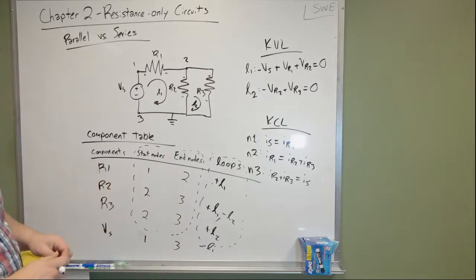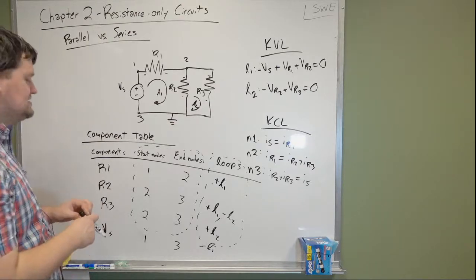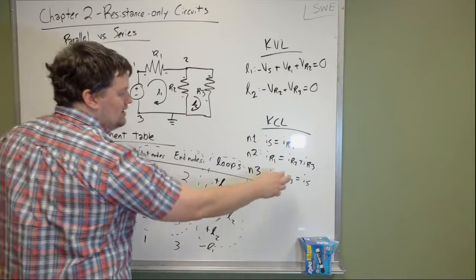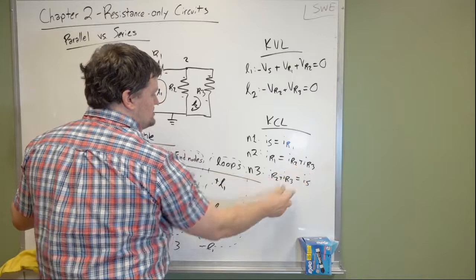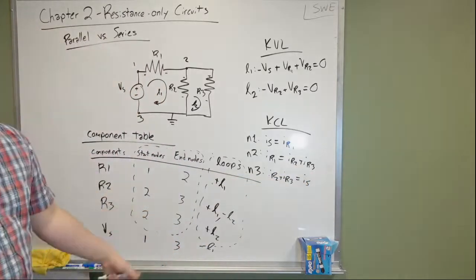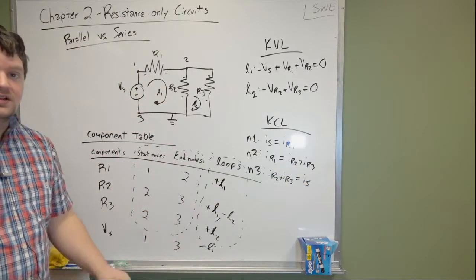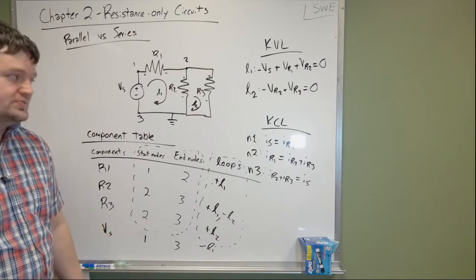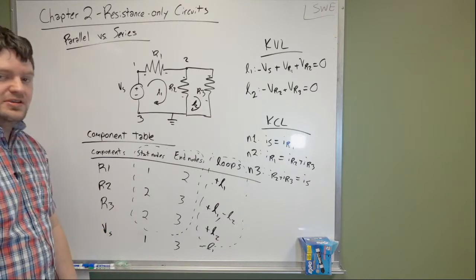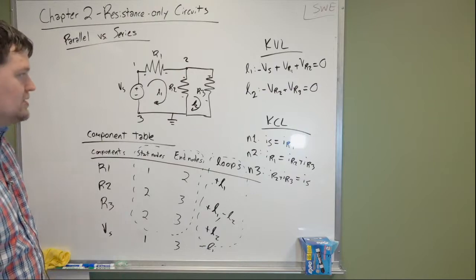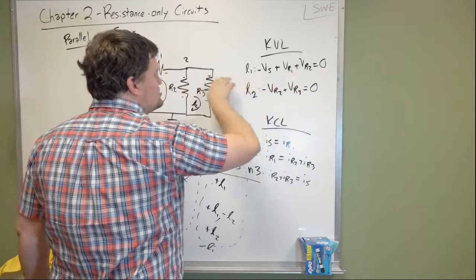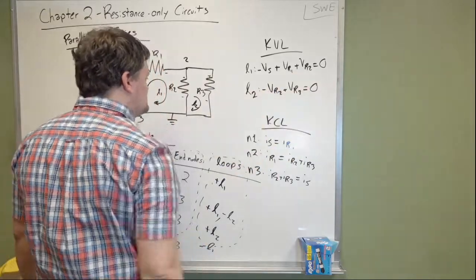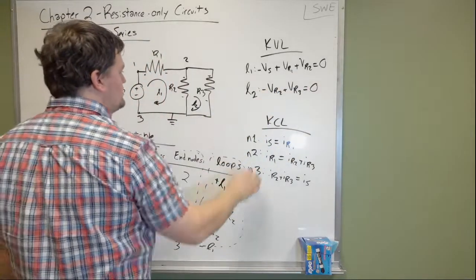Now the beauty of this is, anytime you have components in parallel, you end up with multiple components that show up in the KCL equations, because that's what happens when components are in parallel: you have a split in the junction. On the flip end of that, instead of it showing up in one equation here, neither of these equations show that they're in parallel. Well, you could argue that that one does, but